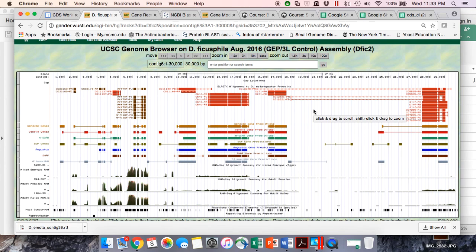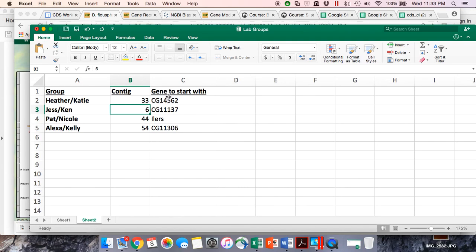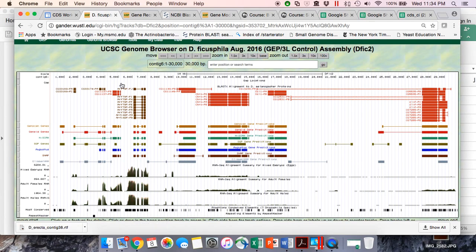You're probably wondering, where do I need to start? So for each contig, I've put a suggestion for a gene to start with. So for example, here, we might want to start with CG11137. So if we go here, you can see this is CG11137. This is where there's a BLASTX alignment to it. So if you were going to start with this region right here, this smaller gene CG11137,